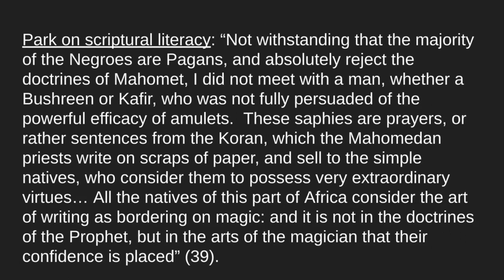He's reflecting upon this kind of literacy that he encounters as a Protestant Christian from England, which leaves him somewhat befuddled. Now you can see his language is obviously racist and imperialistic. He's coming on an imperial venture. However, we want to focus, for the purposes of our discussion today, strictly on questions of literacy and the different orientation to literacy in this encounter, and what, say, a scholar like Mary Louise Pratt, who studies the imperial literature, calls the contact zone, the zone of contact between the European and the indigenous person in West Africa.